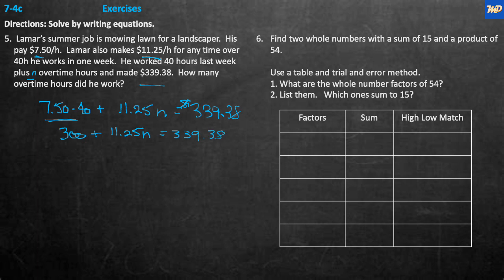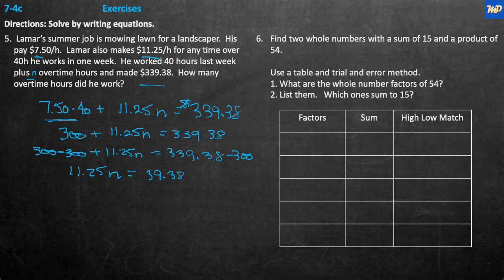339.38. Okay, so now we're going to clear out the addition and subtraction. We're going to undo it. So I have to subtract 300. 300 minus 300 plus $11.25 times N hours equals 339.38 minus 300. And these 300s cancel, so we get $11.25 times N overtime hours is equal to 339 minus 300